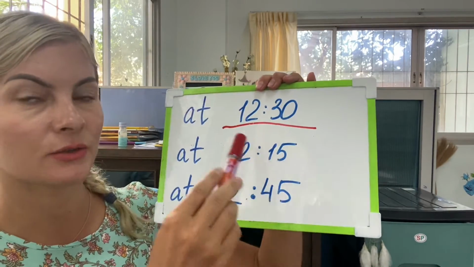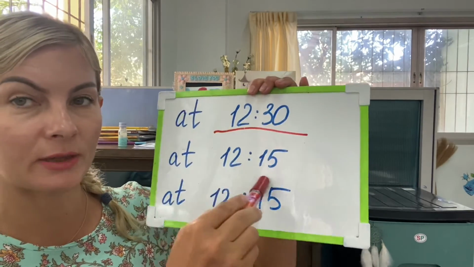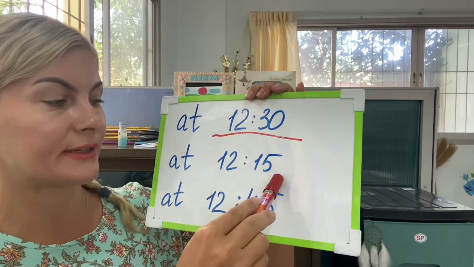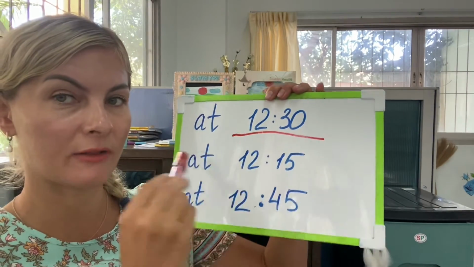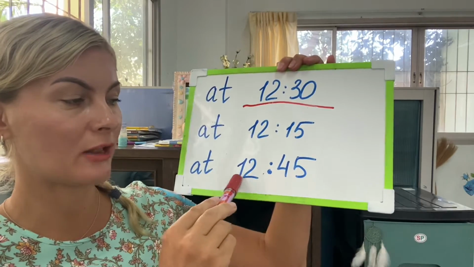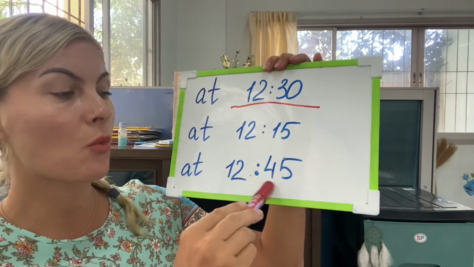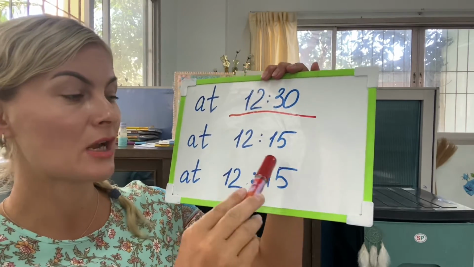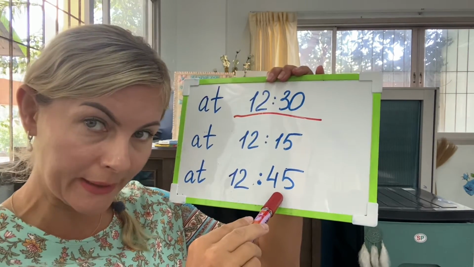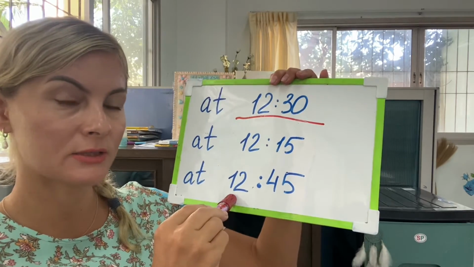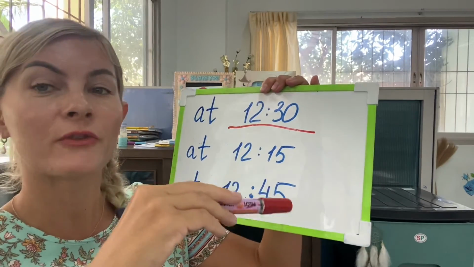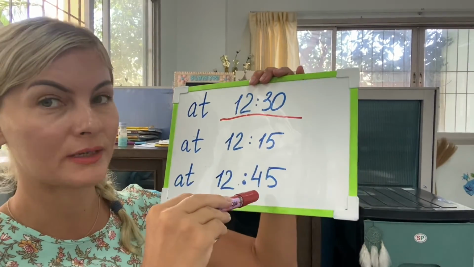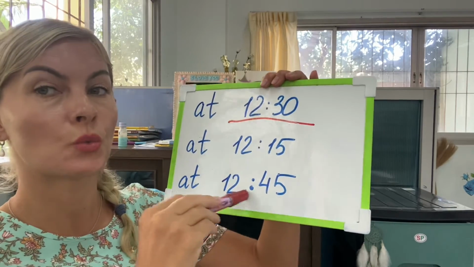And for example, here you see 12:30, you can say half past 12. Here 12:15, you say a quarter, it means 15 minutes. A quarter past 12. And this time, 12:45, we can read like a quarter to 1. It means we need 15 minutes more, and then we can get 1 o'clock. So to 1 o'clock we have to wait for 15 minutes, and 15 minutes means a quarter. A quarter to 1. So you can use this example and do this exercise.